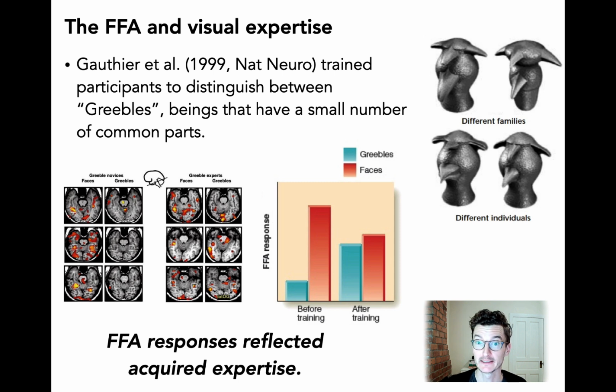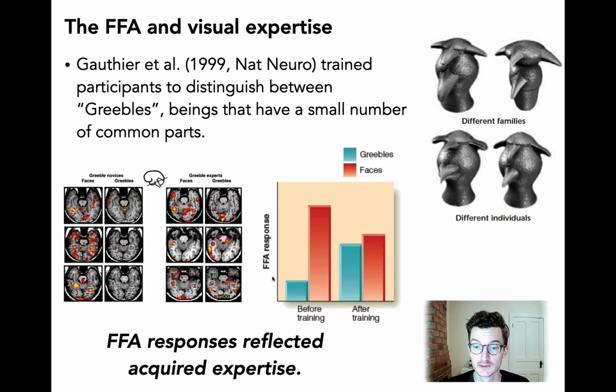In a famous study run shortly after the original fusiform face area study came out, arguing that this brain area is face-specific, Gauthier and colleagues had participants distinguish between greebles. So these are made-up beings that have a small number of common parts. And they looked at the response in the fusiform face area,